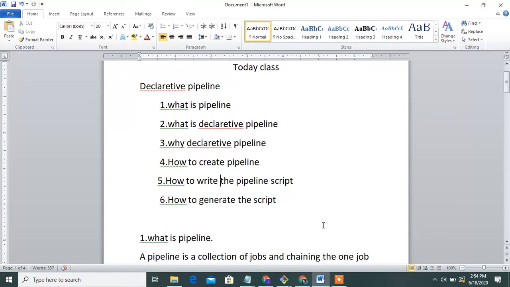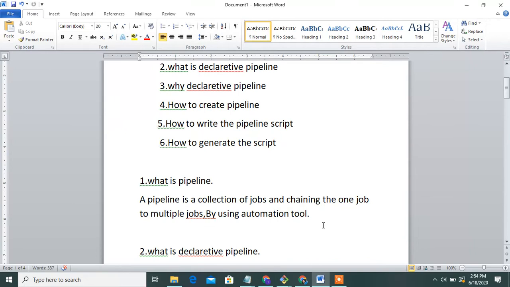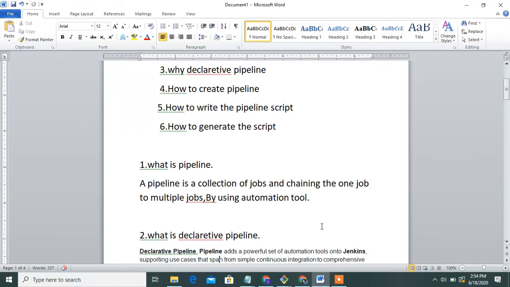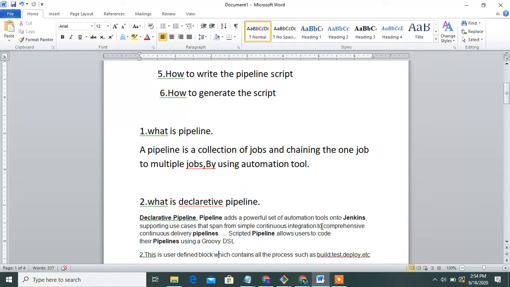First of all, what is a pipeline? A pipeline is a collection of jobs, chaining one job to multiple jobs by using an automation tool. What is a declarative pipeline? A declarative pipeline adds a powerful set of automation tools. These are mostly used in continuous integration and continuous delivery.